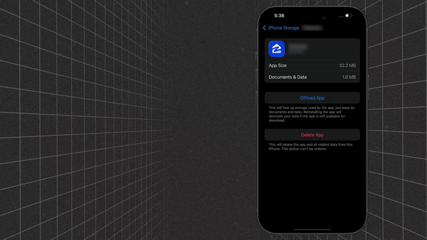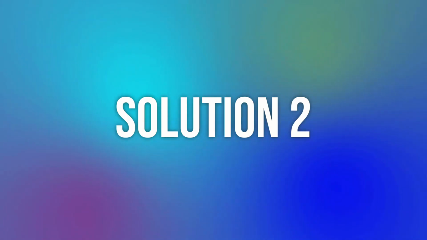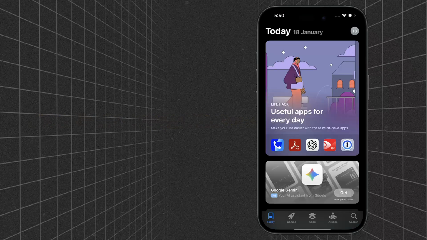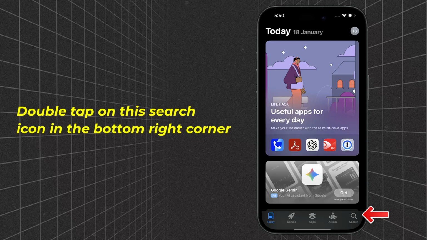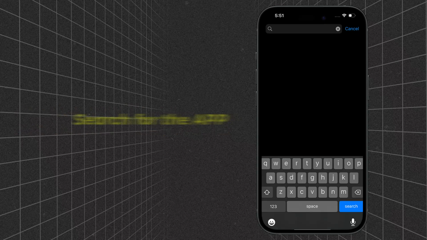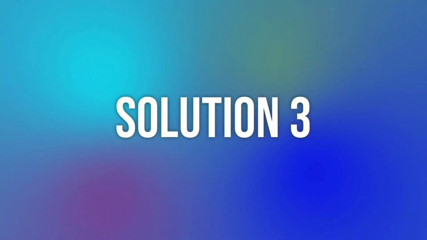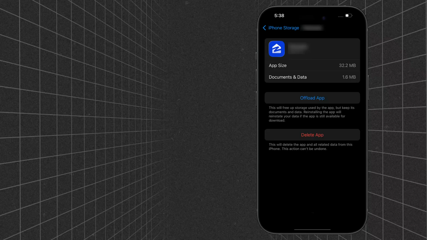This should resolve the issue, but if it doesn't, then you need to check if the app is running an older version. Head over to App Store. From here, double tap on this search icon in the bottom right corner, and then search for the app. Once the app comes up in the search result, and if you see this update button right next to the app, simply tap on it to make sure you're running the latest version of the app. However, if you continue to encounter this issue, then you will need to completely reinstall the app, which usually resolves